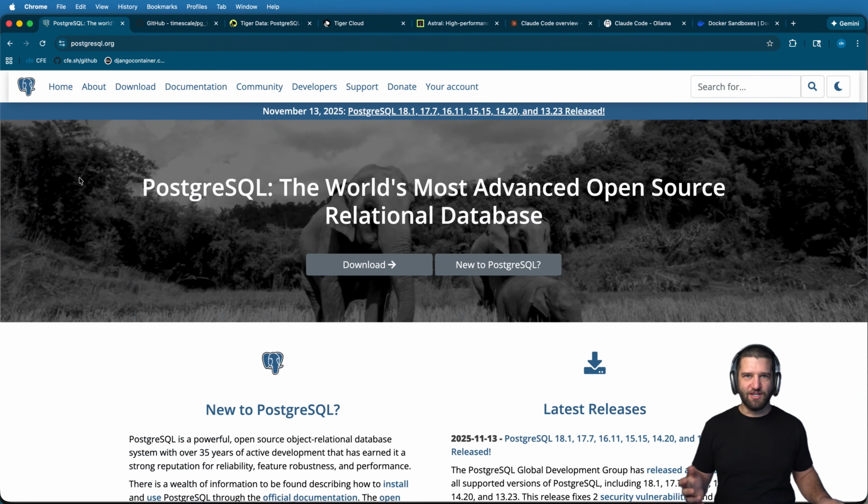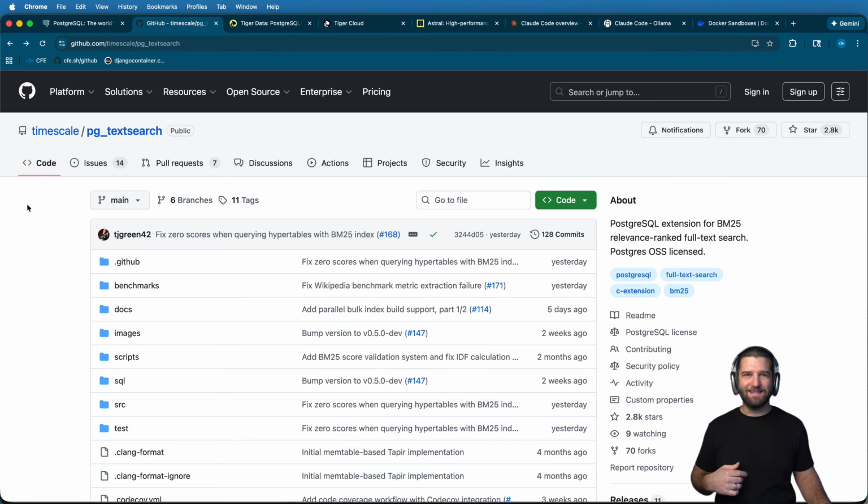Postgres is a search engine now thanks to PG text search. This implements a feature called BM25, which is what Google has used for a long time on their search engine, but now it works right inside of Postgres just by installing this extension. It's really cool, it's open source, and it's something you can use right now as a lot of teams have